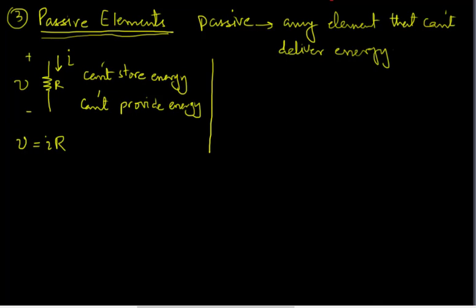The other passive elements, there are two remaining. So the other one is capacitor, represented by constant C. And let's say there is some voltage across the capacitor and there is some current going into the capacitor. So on the other hand, a capacitor can store energy. It can store energy for small periods of time,